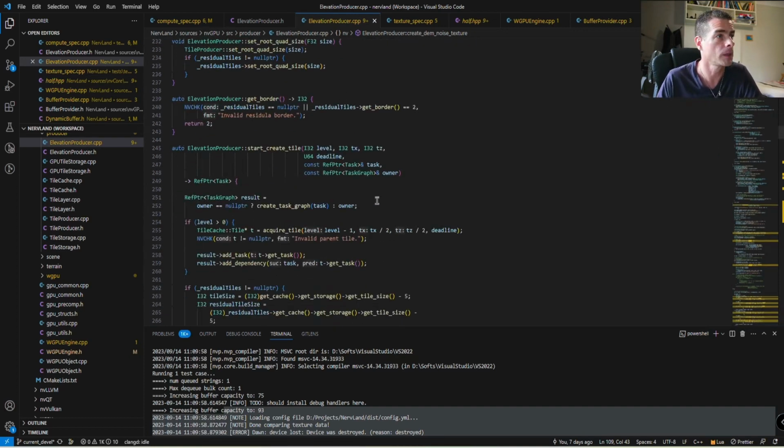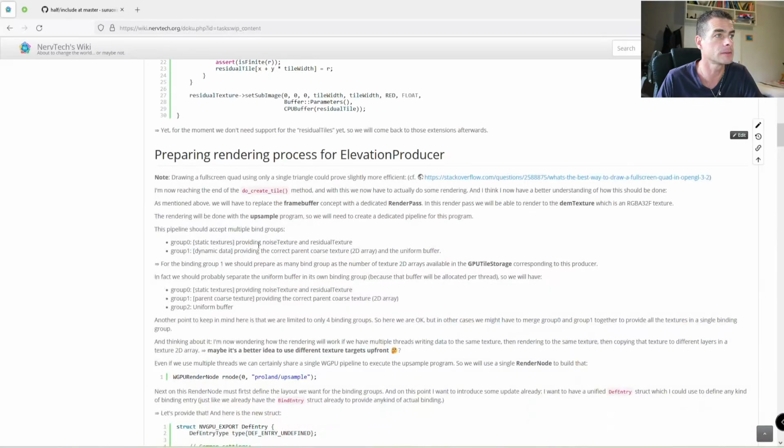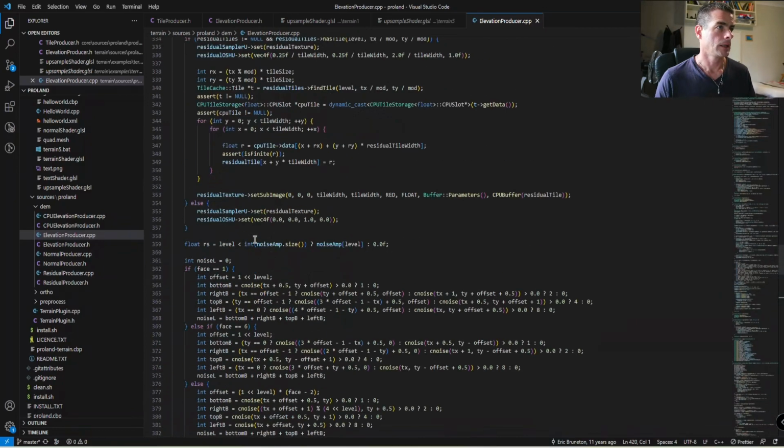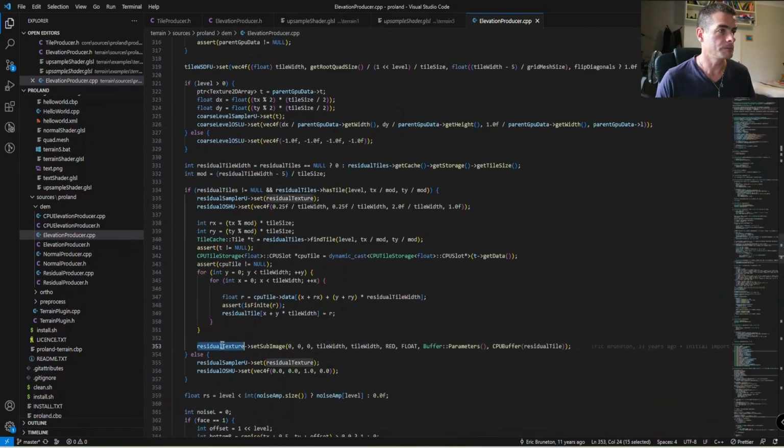It's just an input. And so what I've been discussing there is we can provide the texture as part of a bind group layout, a bind group 0. There is another thing which we can provide as part of this bind group, which is the residual texture. This one, it's going to provide the coarse parent texture. So let me try to get back to this one. You see,